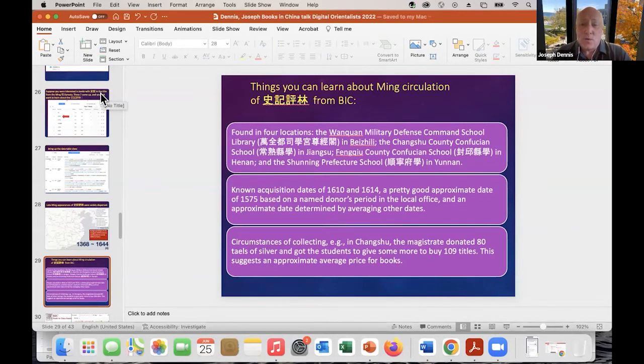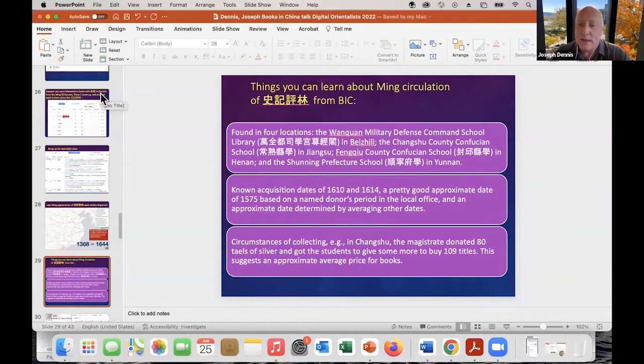You could also look at different editions, and then there's often other kinds of information associated with these book records. For example, one of these, it says that the local magistrate donated 80 taels of silver, and then got the students to give some more money, and they bought 109 books in a particular year.